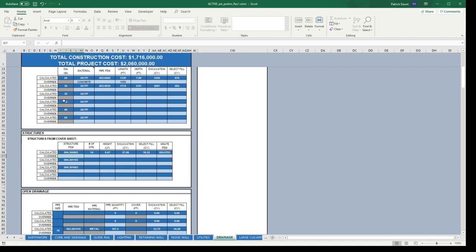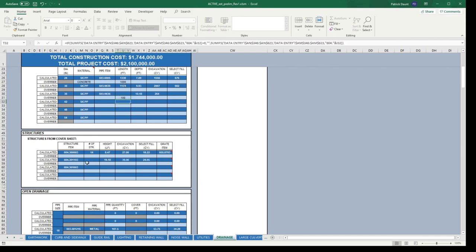I believe a 30-inch pipe is the biggest a type F structure can successfully handle. So if we were to come in here and manually enter, hopefully this works, a 36-inch pipe, so let's say we have 100 feet of it,